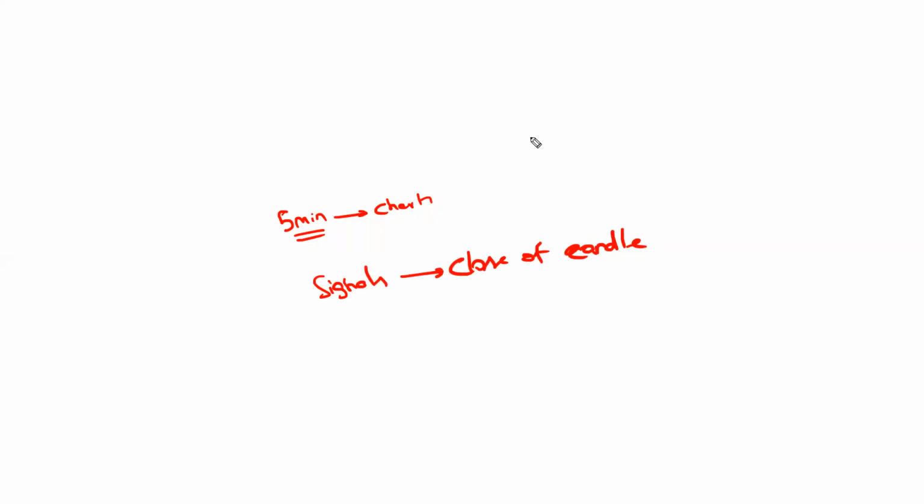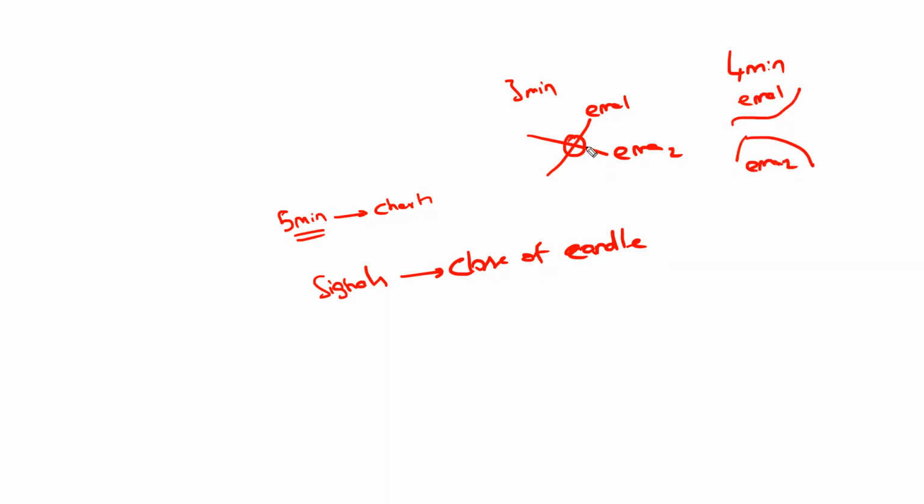The reason is, let's say an EMA crossover is happening. In the 3rd minute, the 2 EMA crossover happened. Let's say this is EMA 1 and EMA 2. Both crossed over in the 3rd minute. In the 4th minute, at times EMA 1 and EMA 2 would have diverged. It was looking like a crossover, but they have diverged. In that case, the signal comes and the signal would have disappeared. So the signal appeared in the 3rd minute and would have disappeared in the 4th minute.